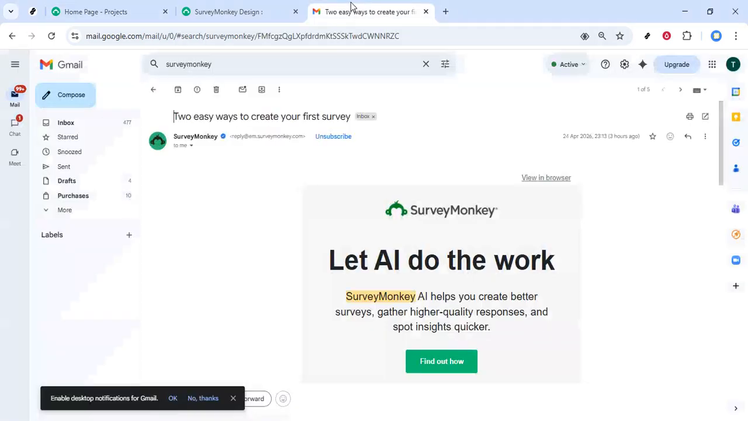So let's get started. First, open your preferred web browser and navigate to gmail.com. This is where you'll manage your inbox and find the emails that you wish to unsubscribe from. Make sure you're logged into the correct Gmail account, especially if you have multiple accounts, to ensure you're managing the